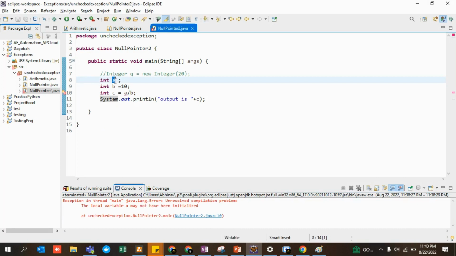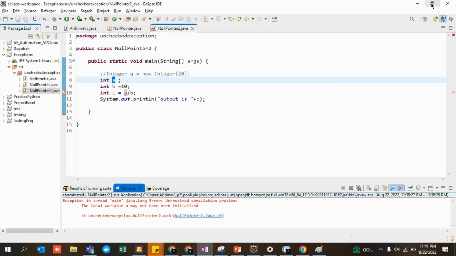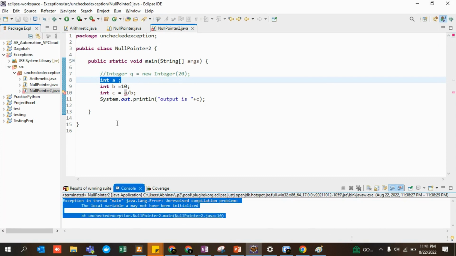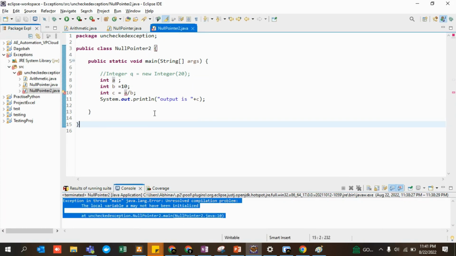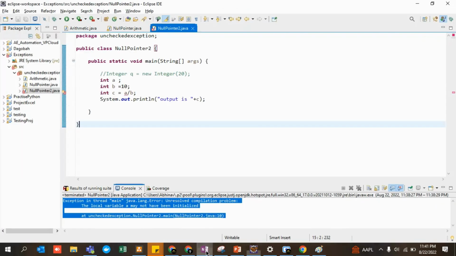This is your data type, this is your variables. I hope you guys know, right? But still null pointer occurred, because by definition it is still correct. But that guy only knew these two definitions. He said that it occurs when an object reference is null. So in this example, the interviewer did not create any object, but still a null pointer exception occurred. So guys, this is the reason why null pointer exception occurs: when a variable is accessed and it is referring to nothing or none, then also it will occur. By theory it will occur, right?